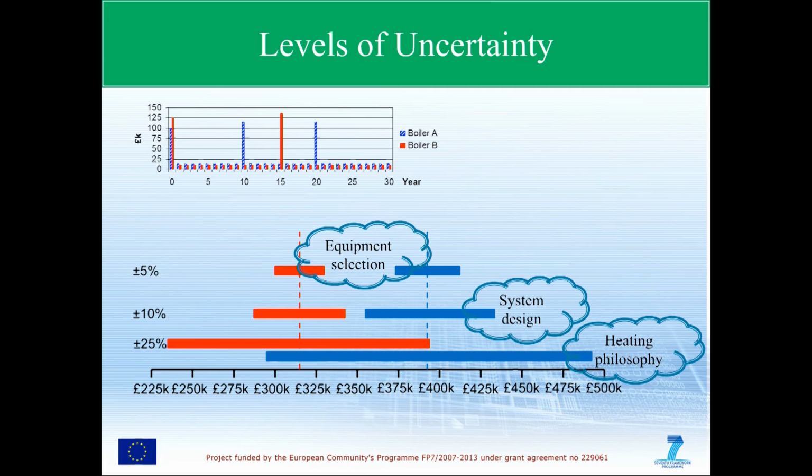How does this uncertainty actually come out in the numbers that we might end up with? Well, this is the timeline that I started with, the red and the blue boiler systems. I've done the calcs, I've crunched the numbers, I've allowed myself a 6% discount rate, and these red and blue dotted lines are the answers that I get when I crunch those numbers.